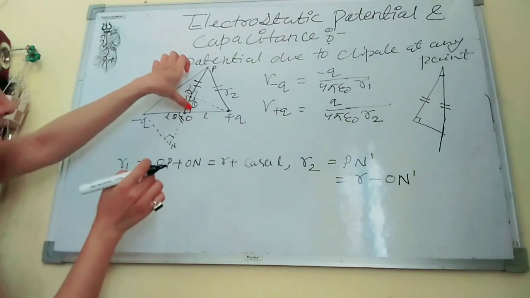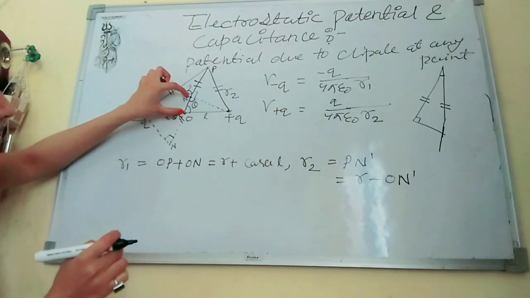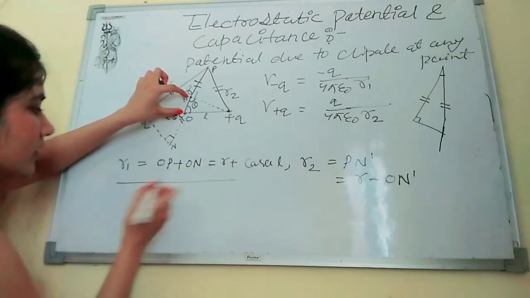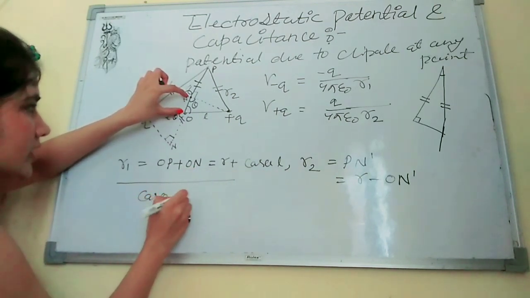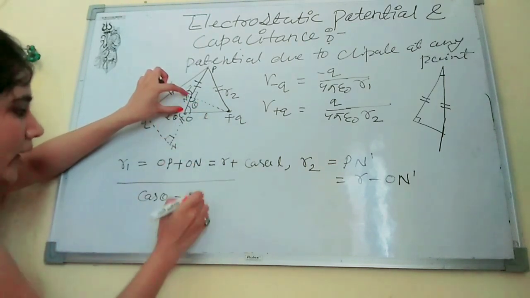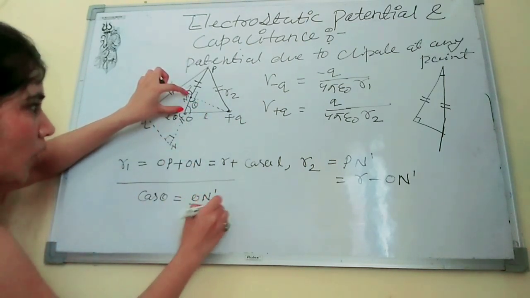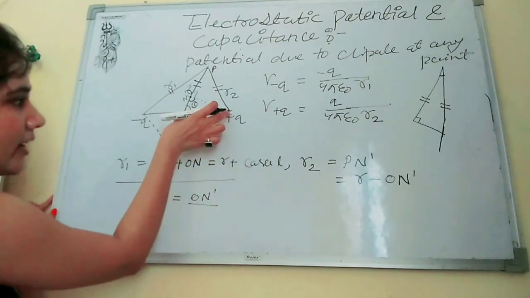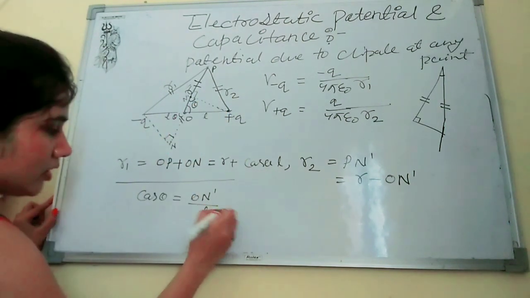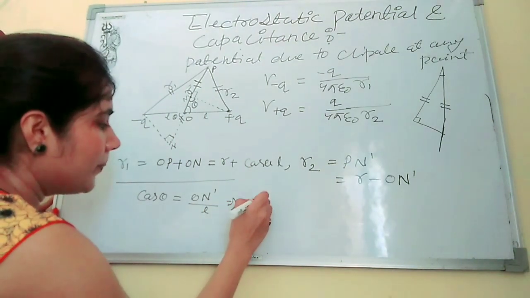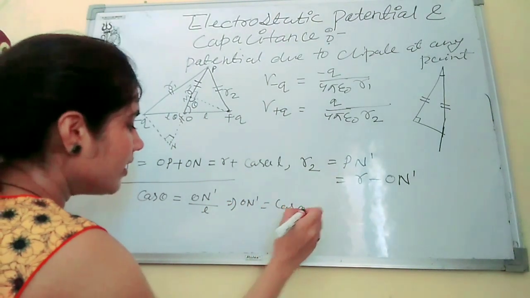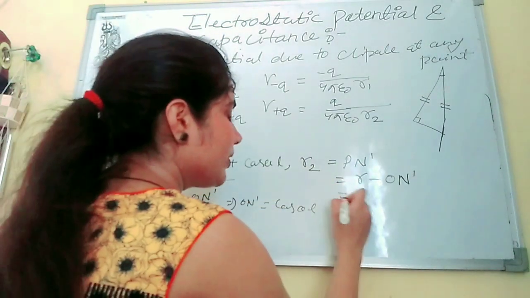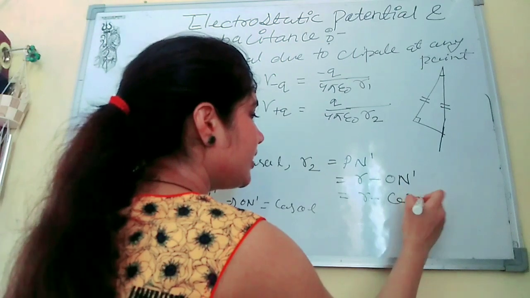Now we will find the expression for O dash. If it is 90 degrees, this is theta. Now O dash S will work as a base, right? Then again we will apply the trigonometric concept. Then cos theta will become O dash S upon the hypotenuse. Hypotenuse is L again. So O dash S will become L cos theta, right? Now simply we will put the value, that is R minus L cos theta.